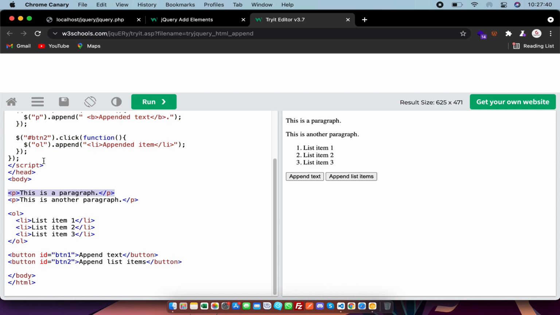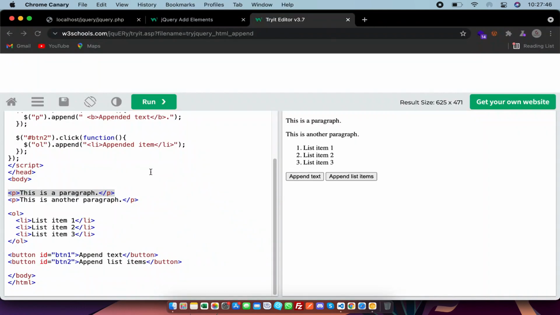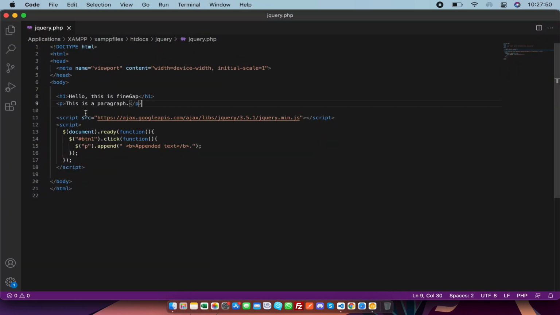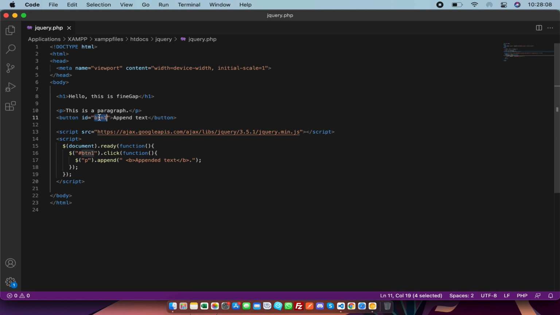This is the paragraph we have to copy to show you the example. And we need a button, and a button there. This is the button with ID btn1. When I click on this button, it will append this text after the paragraph P.